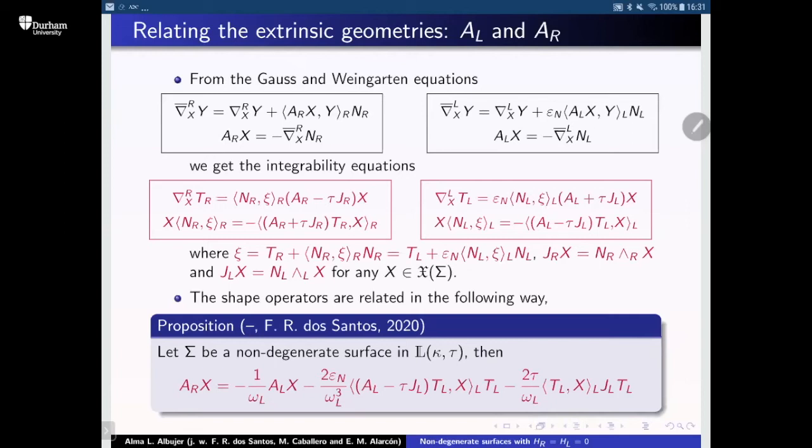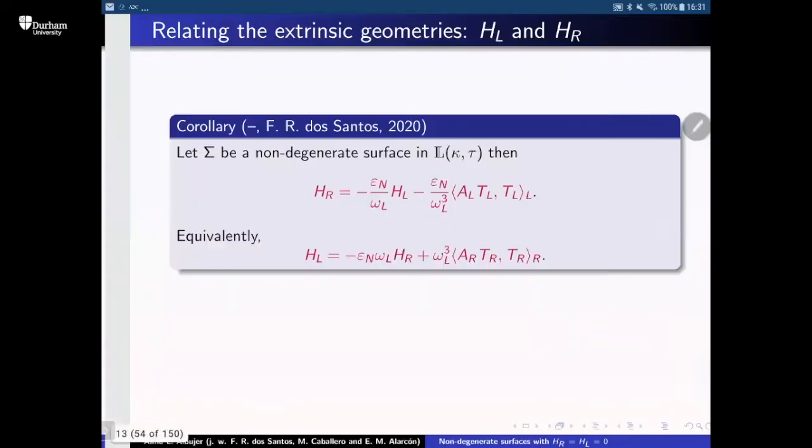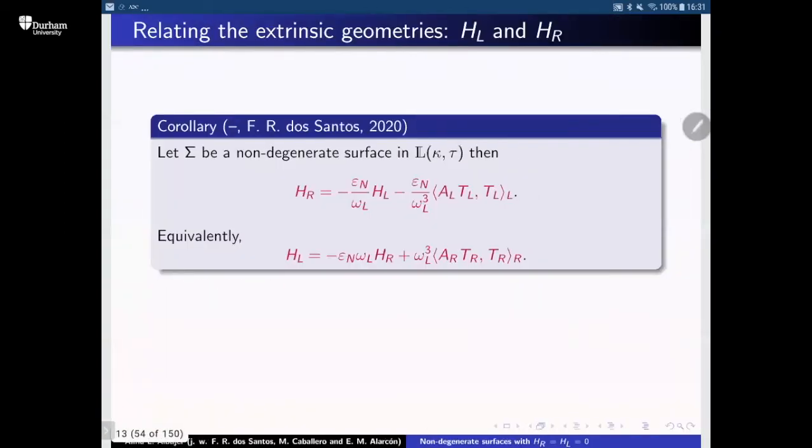Again, this formula holds in any connected component of sigma hat, but then by continuity we can extend it to the whole surface. Once we have the relation between the shape operators, we only have to take traces and we get the corresponding relation between the mean curvature functions, which was our goal,